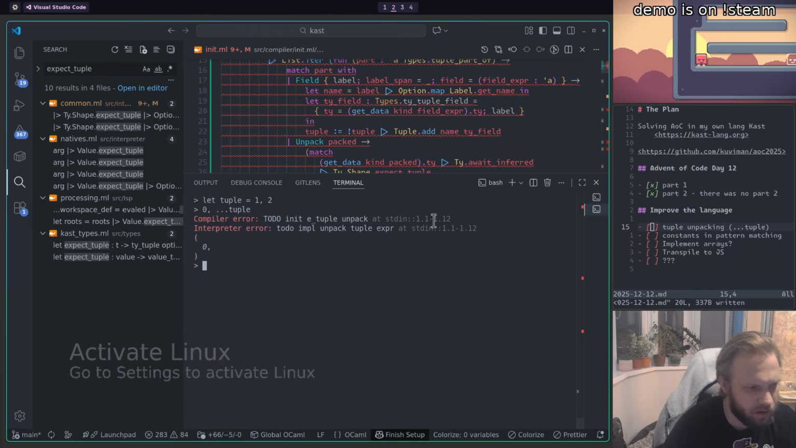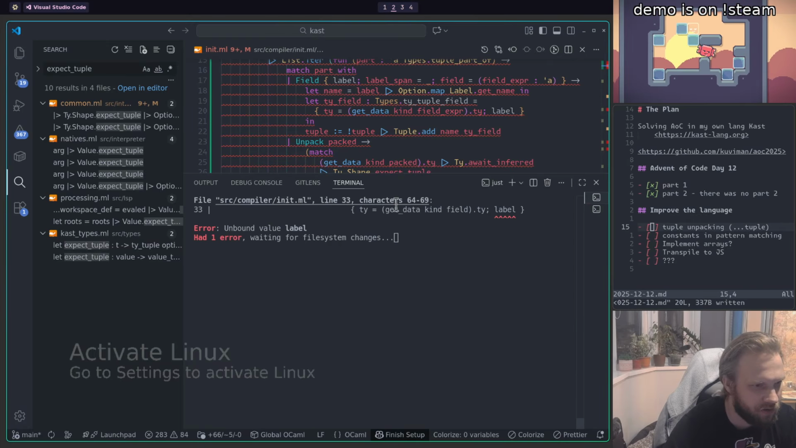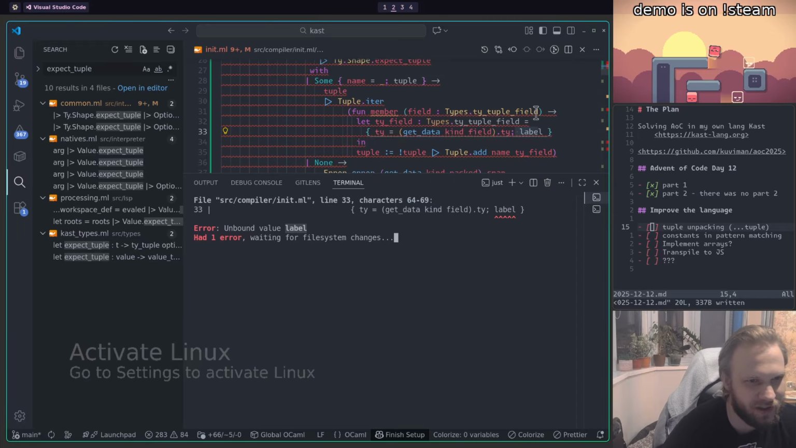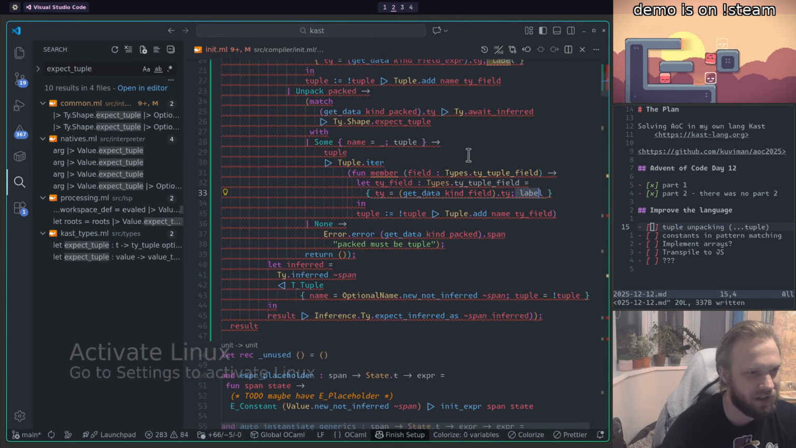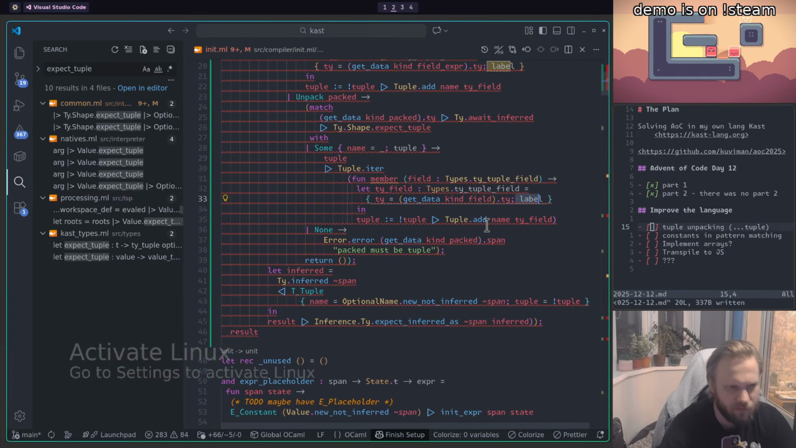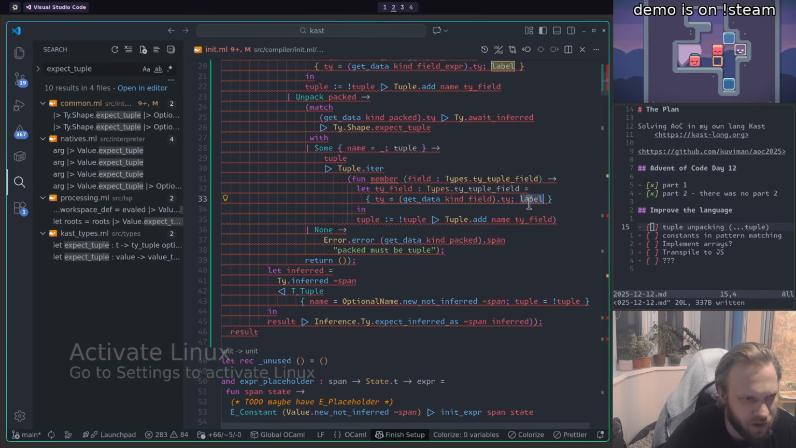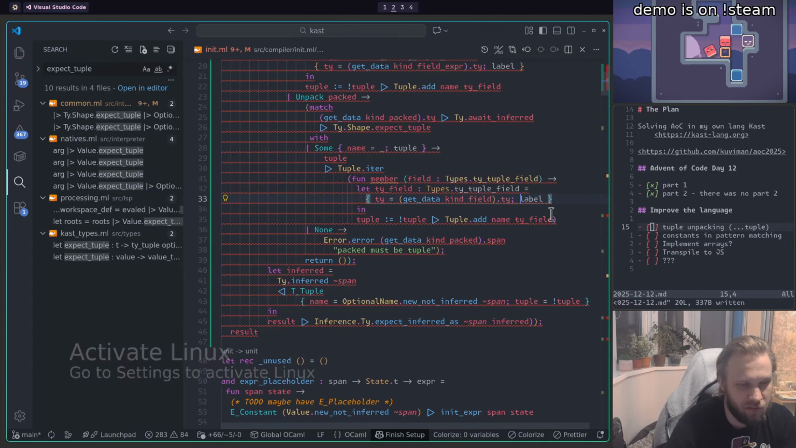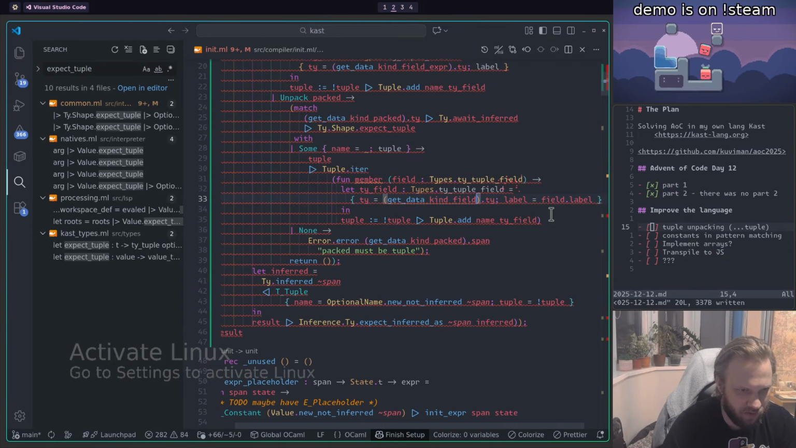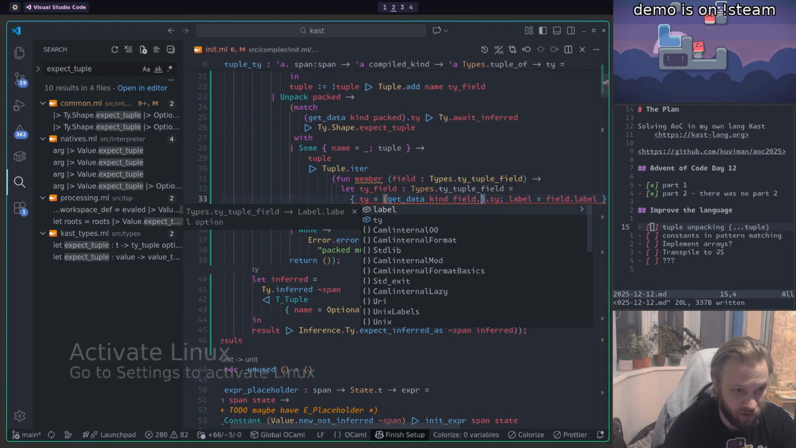I hate it. Where is my actual thing? Unbound value label, because it's stupid. Yes, these actual errors don't exist that they're showing to me. So the label here is what? It's just going to be label is field label, and field is field dot